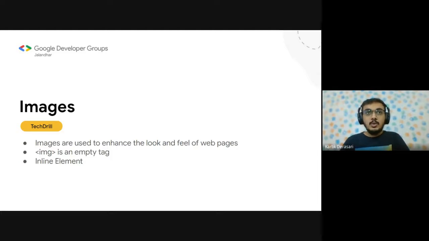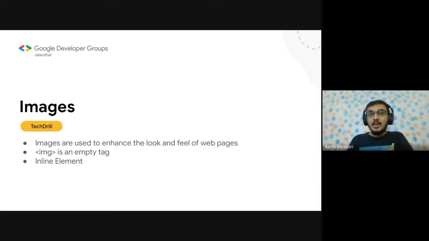So coming down to images. You know that adding images to any type of content is always appreciated. Images generally enhance the look and feel of web pages, and to add an image, we need to use the image tag. Let me tell you that the image tag is an empty element.